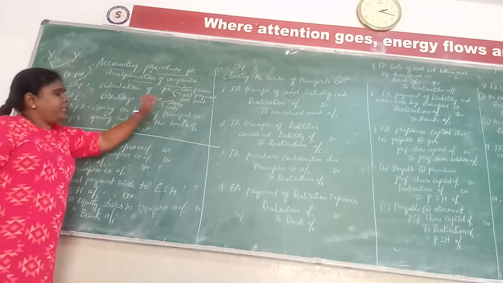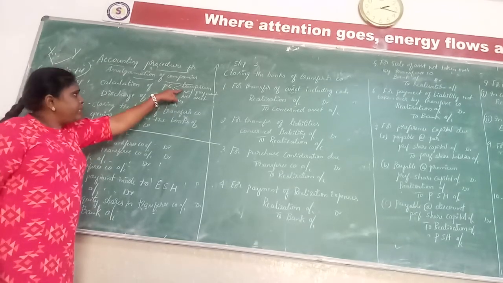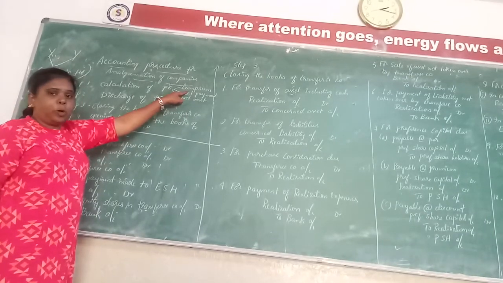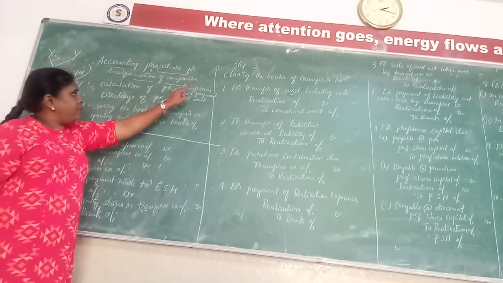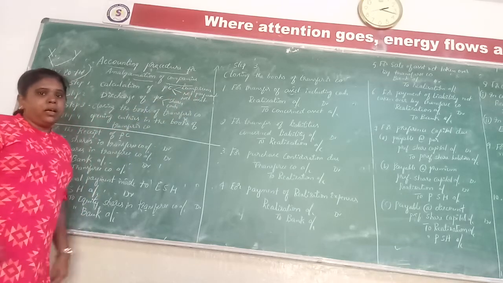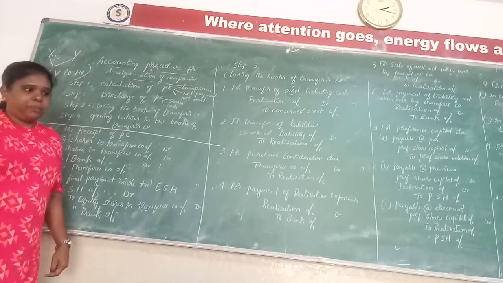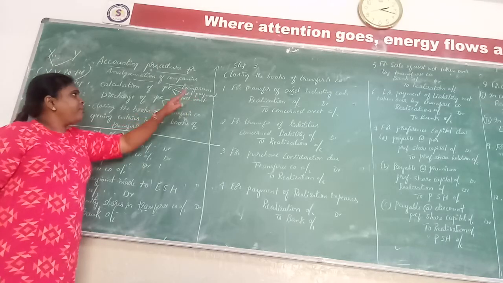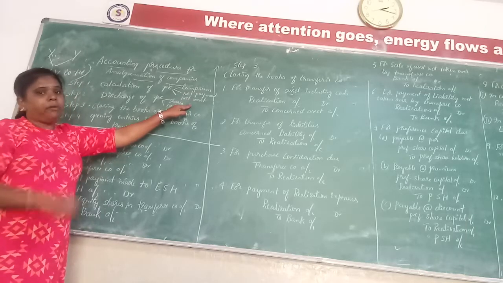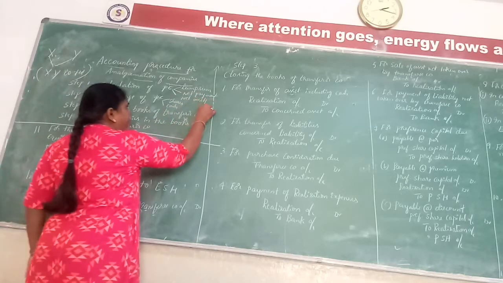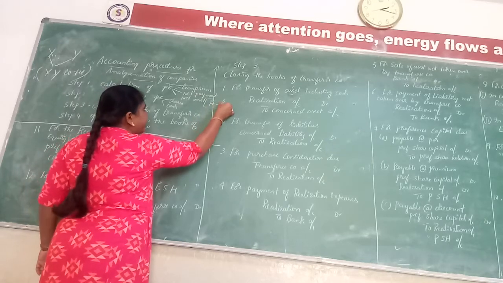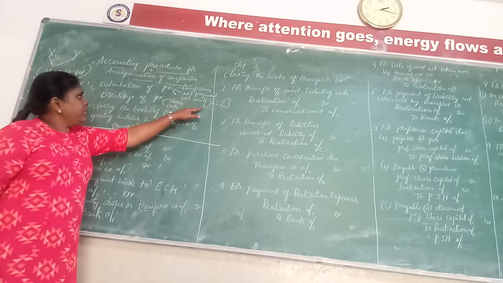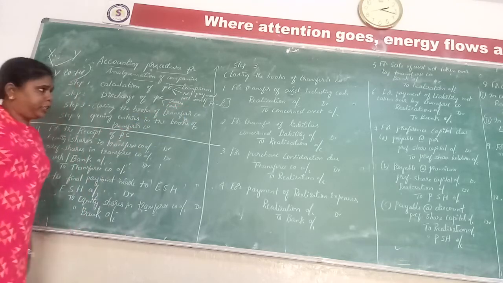There are three methods of purchase consideration: lump sum, net payment and net asset method. Lump sum means the total PC is given in the problem. Net payment method means the form of discharge of PC, or the ways in which PC is given. In the net asset method, you have to calculate PC by applying the formula: total assets taken over at agreed value minus liabilities taken over at agreed value. By applying this, you can calculate purchase consideration.